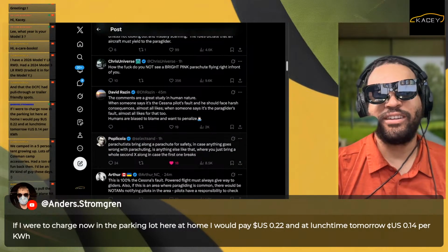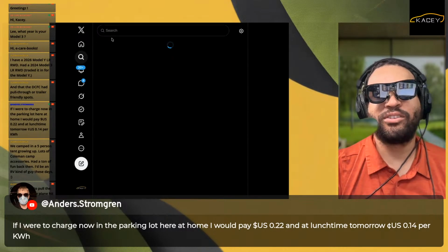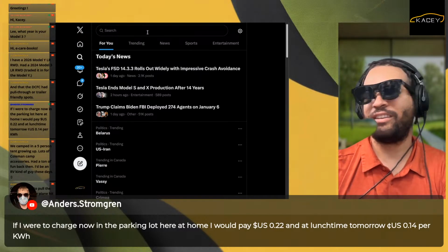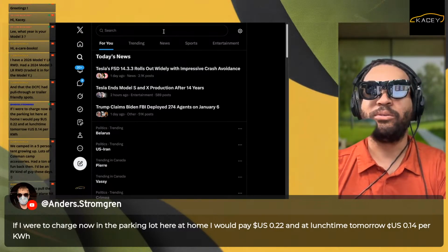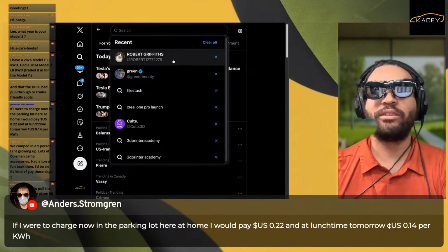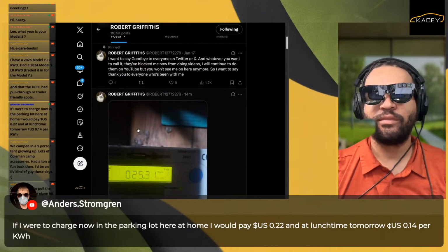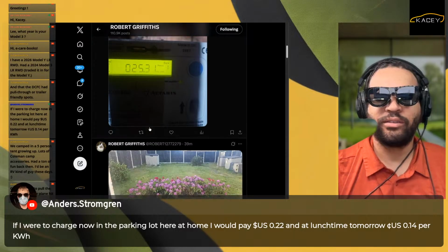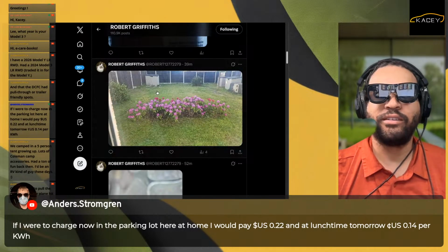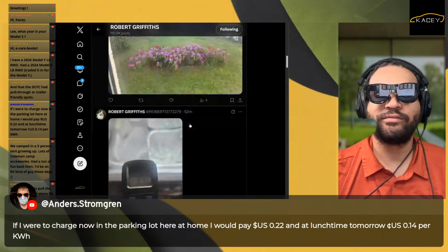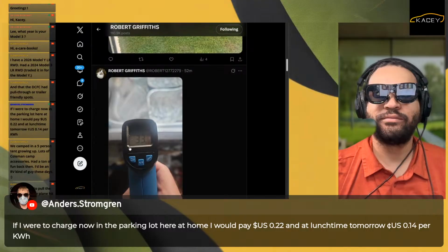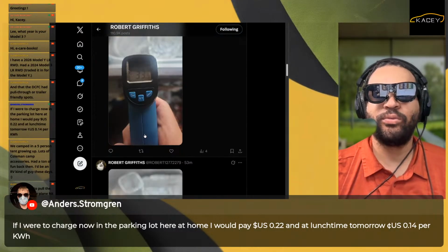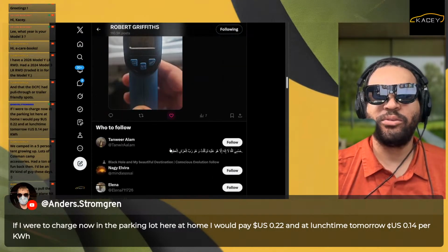So anyway, we were looking for Robert, so let's go back to search. And let's go on over here to Robert. Okay, so we got a meter here. Let's take a look and see if I can figure out how to read it. Look at the flowers. There it is, 33.5. See? Woof. 32 there.